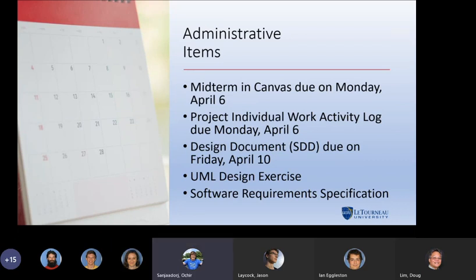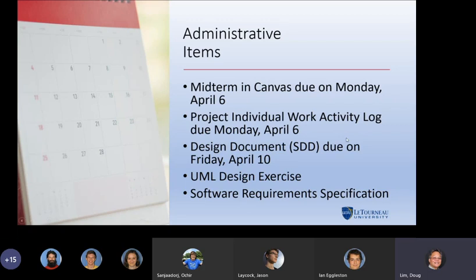If I understood correctly, we can use our notes for the midterm? For the midterm, yes, correct. Oh, great, thank you. And your textbook, but no Google searching on the web. All right, okay, great.